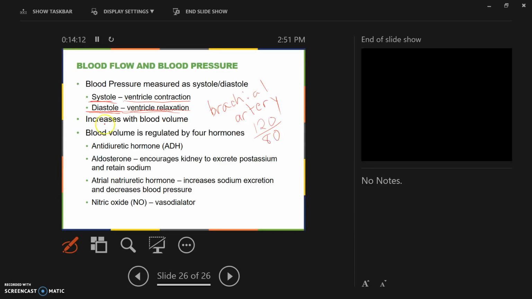Blood pressure will increase with blood volume, and blood volume is regulated by 4 hormones. Antidiuretic hormone causes you to retain fluid. Aldosterone does too, kind of indirectly by causing you to retain sodium, and therefore you're going to retain water because water follows salt. And so both of these, ADH and aldosterone, are going to increase the blood pressure. Atrial natriuretic hormone released by the heart itself is going to decrease blood pressure, and nitric oxide, the vasodilator,